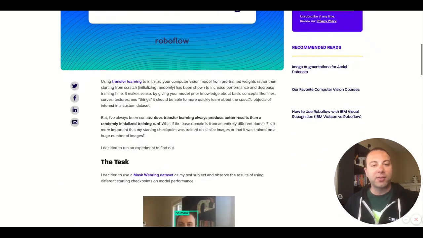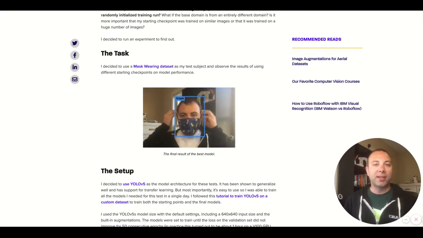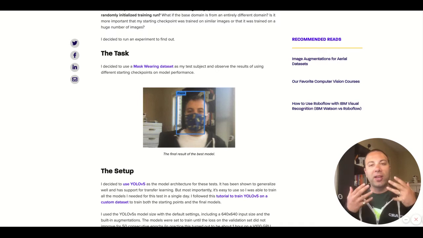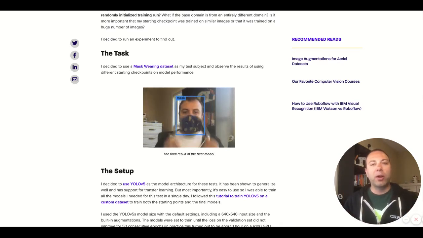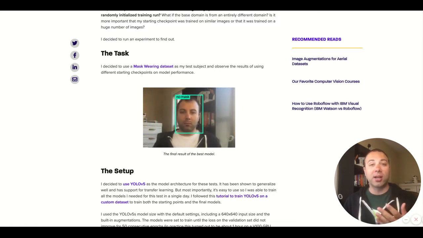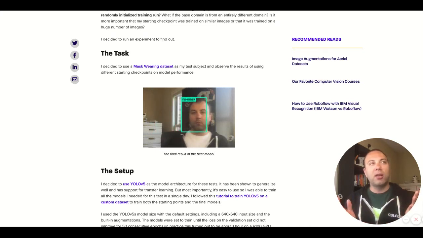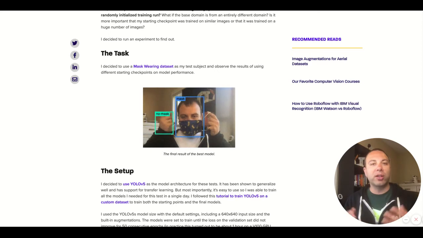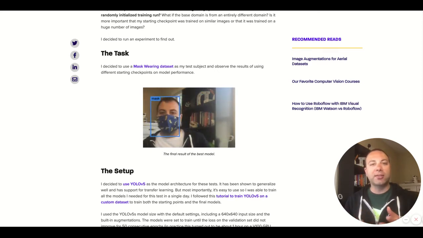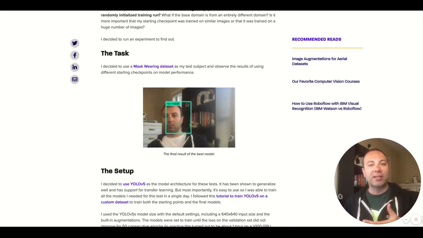So what I did was I took a task, which for this I used a mask, no mask data set, where I was just trying to detect whether a face is wearing a mask or not. And what I wanted to determine was how it would compare to train a model from scratch just on the images in my data set versus how it would perform if I did the traditional thing of using the COCO data set of common objects, which includes things like people, but also things like fire hydrants and giraffes, and use that as the starting point for my model to learn from, and then added on my mask, no mask images